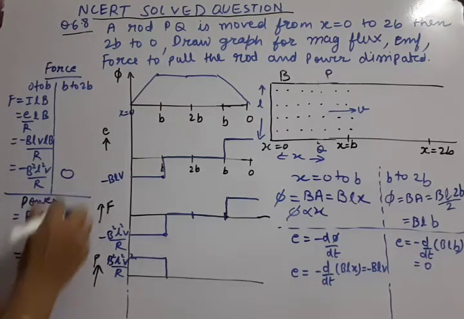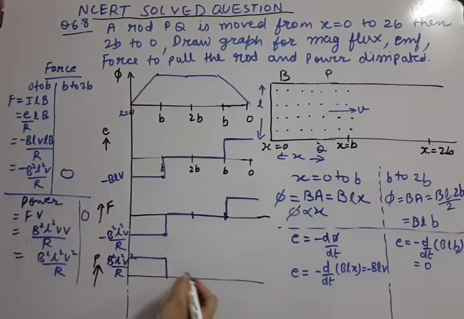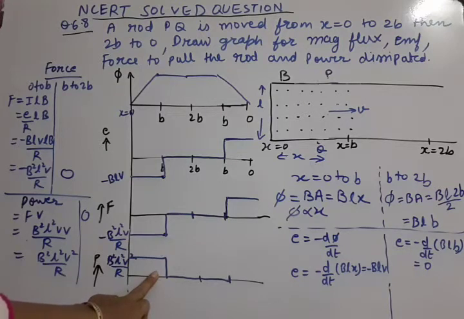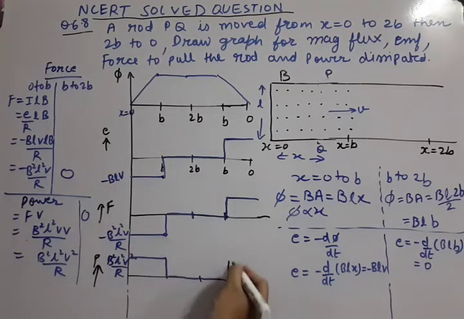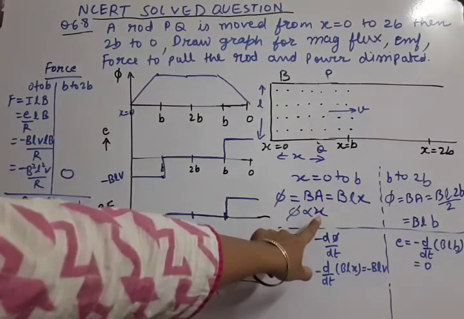So power will also come 0 this side. So power will become 0. Here also it will become 0. And here, what about the graph now for B to 0? Since power is a scalar, it has nothing to do with the direction. So whether the flux is decreasing or increasing, its value will remain the same. We are just interested in its value. So here the graph will be on the positive side only. So these are the 4 graphs which are obtained in this case, and this question is very important. Mainly remember the flux formulas.